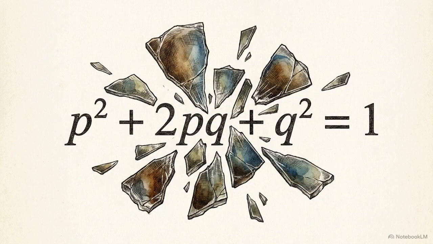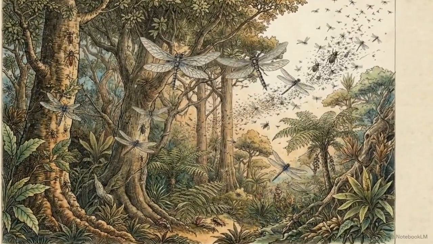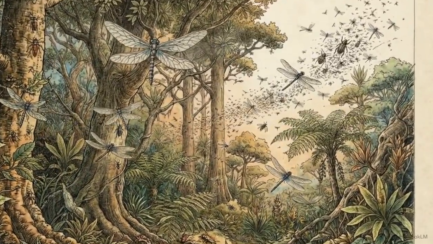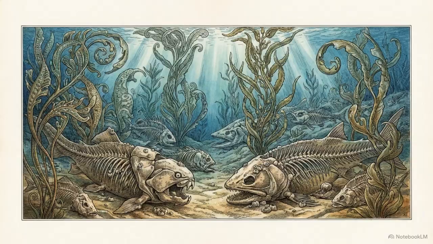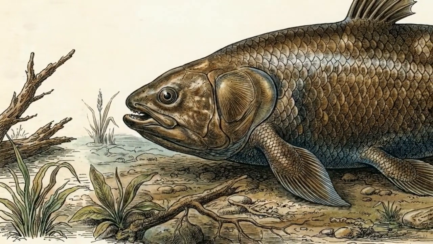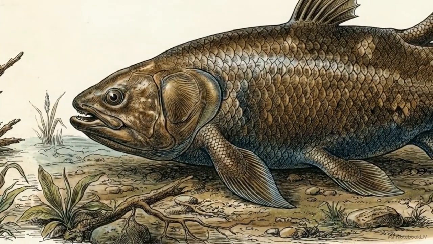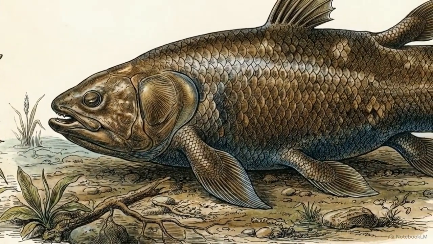When you take these 5 forces, these broken equations, and apply them to an entire planet over hundreds of millions of years, the macroscopic results are staggering. Take a highly specific instance of directional selection from roughly 350 million years ago. Certain oceanic fish began developing uniquely stout, highly muscled fins that allowed them to briefly pull themselves out of the water and traverse solid ground.